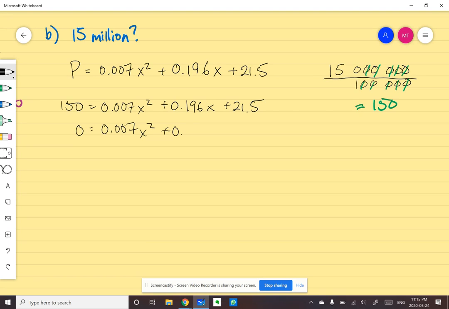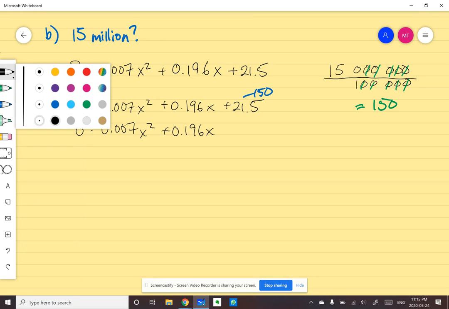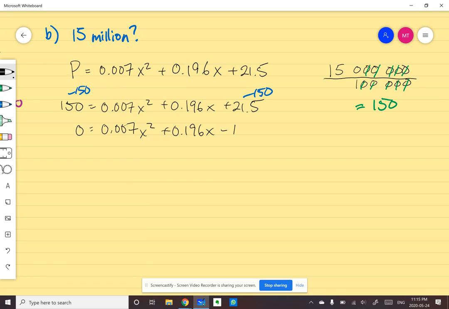So let's do that first. I'm going to subtract 150 on both sides, and then this right side is going to come out to be negative 128.5, but I don't think I can factor this one. So I'm going to need a little bit of help. What do you think we can do to get to the answer? Well, we're going to use the quadratic equation,